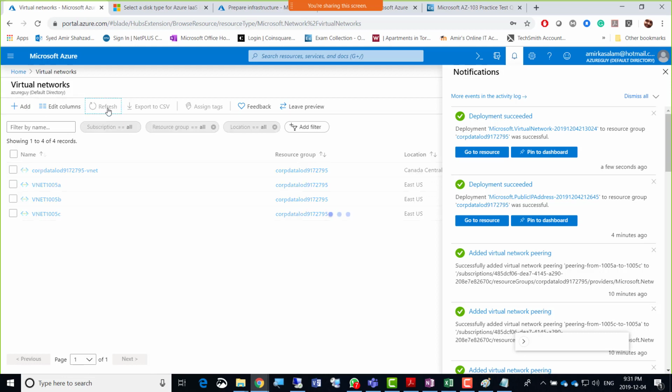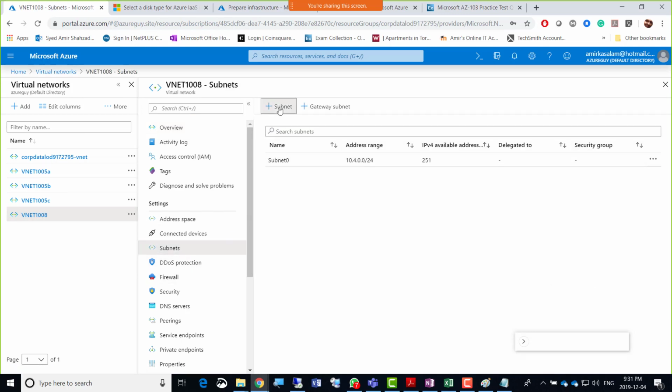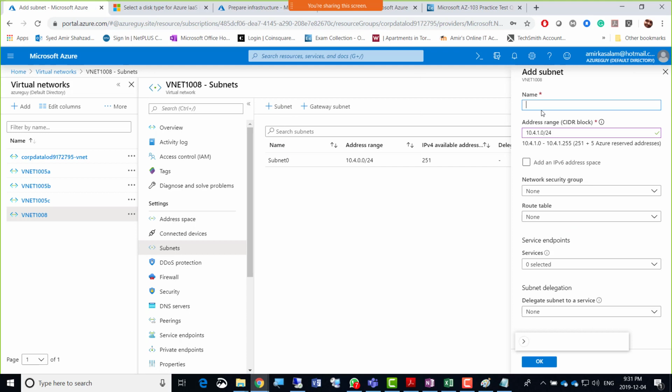So refresh, there it is, and I'll go inside that VNet and go to subnets. Subnet 0 is there, plus subnet 1, and that is 10.4.1.0. It's already detecting that. Network security group, we haven't created that. Route table, not yet, and that's it. So subnet 1, 10.4.1.0, that's all, and I'll press OK.